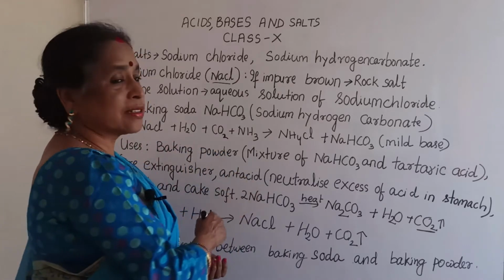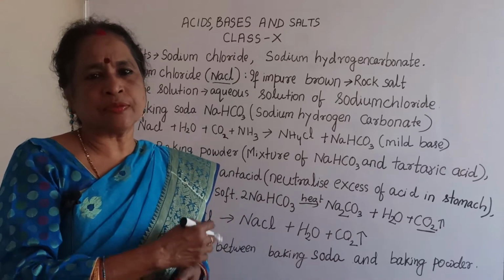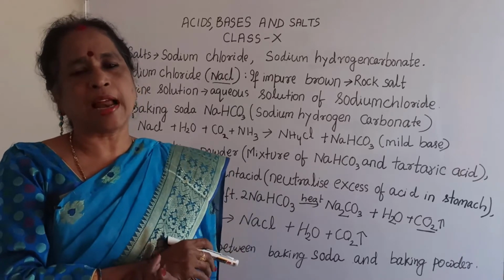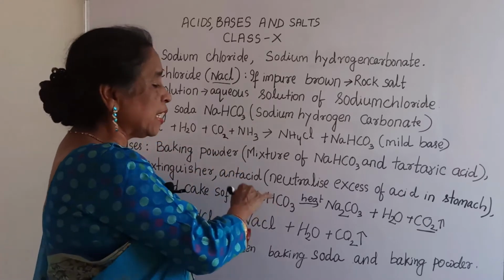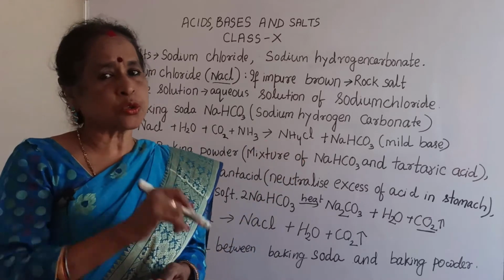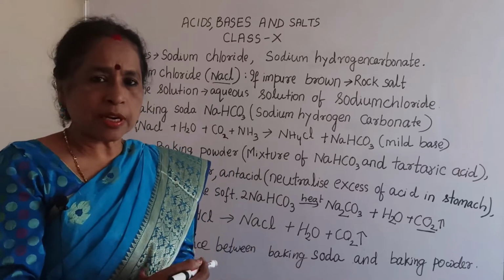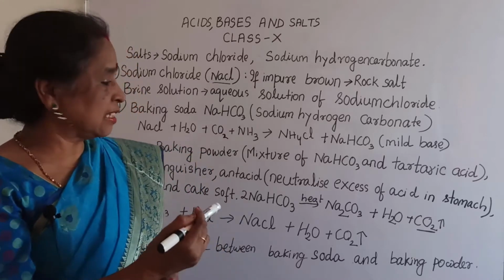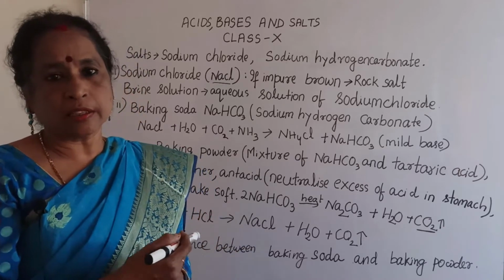And the next point, antacid, that is very important. What does antacid mean? Generally when students first hear antacid, they think acid comes from ant, that is wrong. It is not an acid, it will neutralize excess acid in the stomach. You know in the stomach the acid produced is hydrochloric acid. If it is in excess, then what happens? Acidity, the disease called acidity, comes to our health. The disease is very dangerous, and gradually it changes to peptic ulcer, like that.